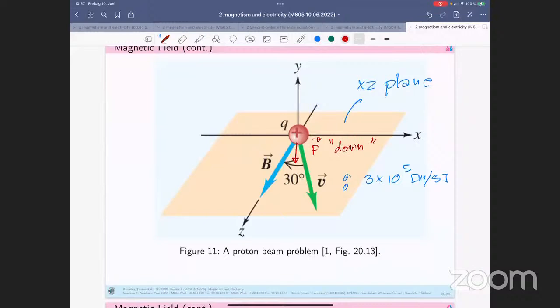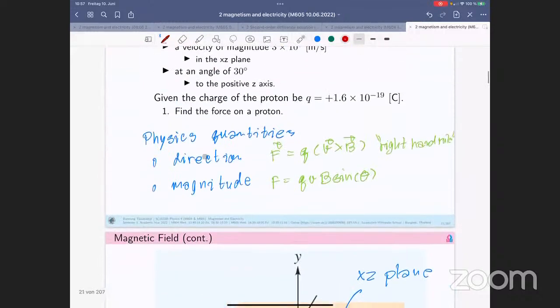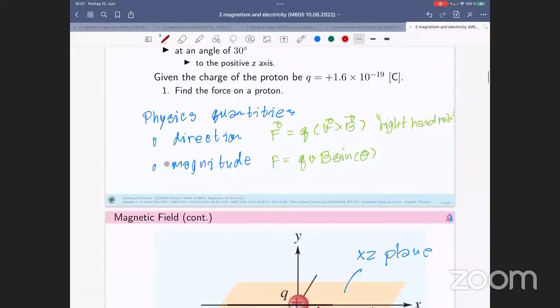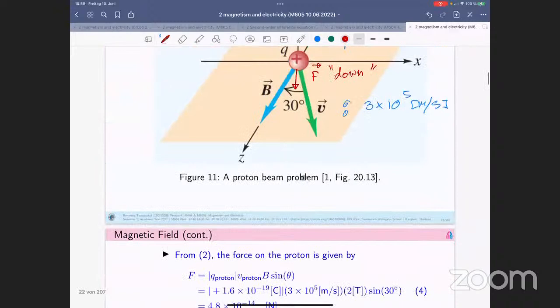We finished the first step in physics, direction: downward. Let's talk about the second thing, magnitude. We're going to use this expression. Let's remind